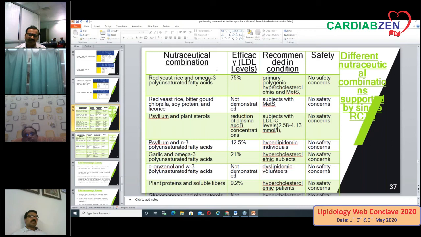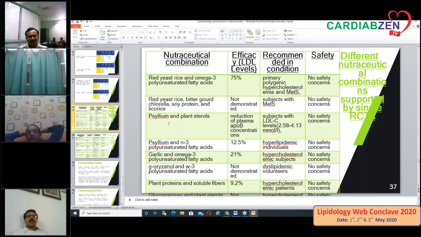So this is a nutraceutical combination, efficacy, and recommended in condition and the safety. So there is no safety concern because most of them are already being used in one or the other form. The red yeast rice and omega-3 polyunsaturated fatty acids efficacy in lipid level lowering is approximately 75%. And the problem is basically the efficacy with the rice, bitter gourd, chlorella, soy protein, and licorice. Sometimes you may not have a good efficacy. But of course,